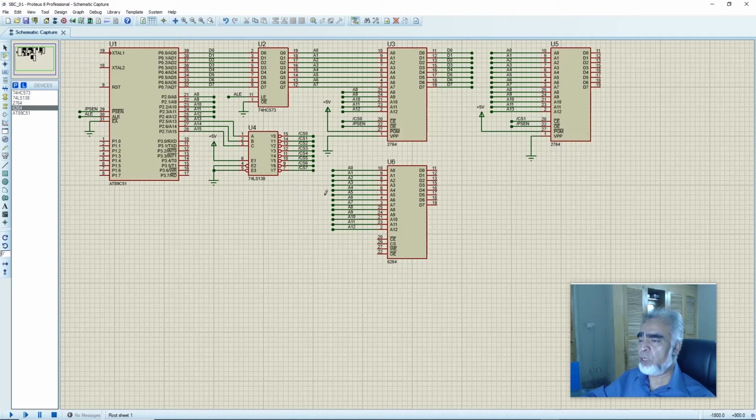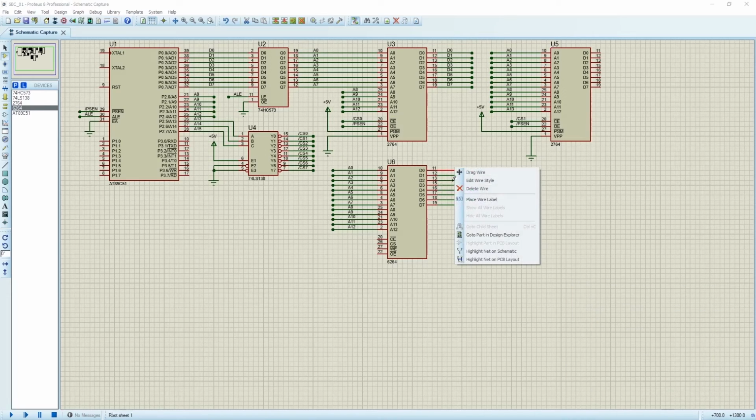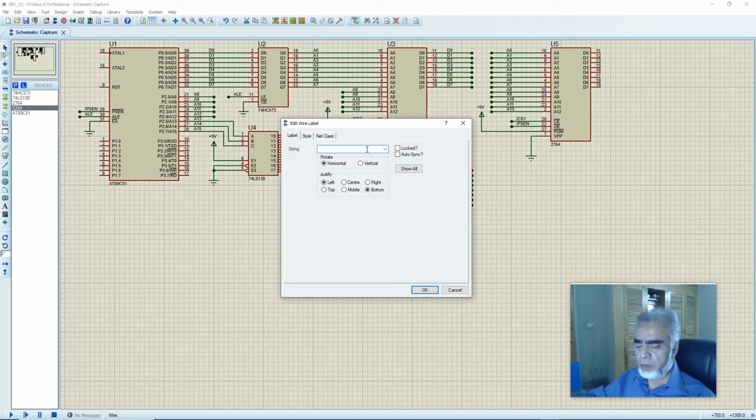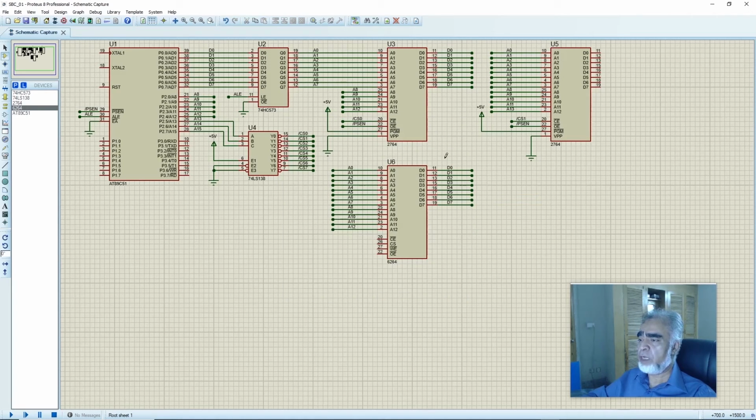And now we'll connect the data bus of the RAM, that is 6264, with the data bus of the microcontroller. And here we'll assign the label D0 to D7. And here we have connected the data bus of the RAM with the data bus of the microprocessor, D0 to D7.